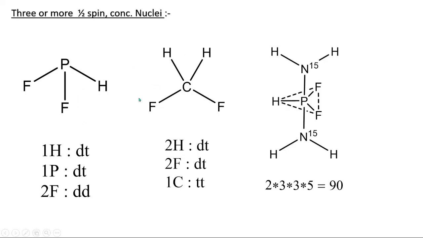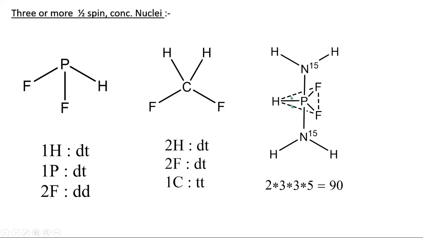This is an assumption based molecule. Sometimes they may also ask like this assumption, that is here the carbon taken as concentrated nuclei. So if you see this molecule, the two hydrogens will give doublet of triplet, doublet due to this one carbon and triplet due to these two fluorine. And these two fluorine will give doublet of triplet, doublet due to this one carbon and triplet due to two hydrogens. And one carbon will give triplet of triplet, because of two hydrogen we will get N plus 1 triplet and two fluorine N plus 1 triplet.